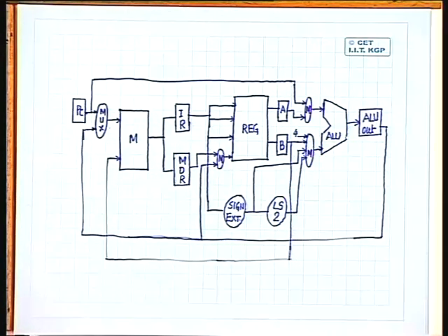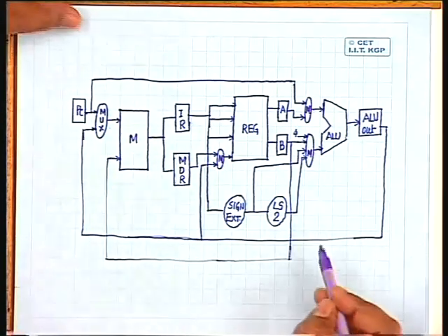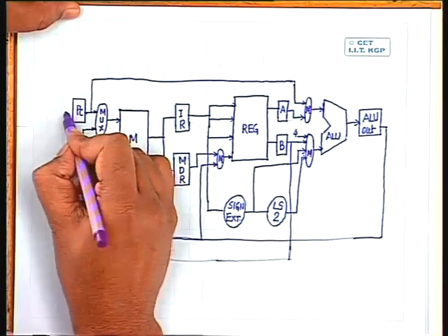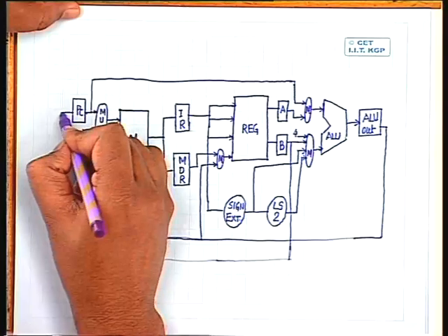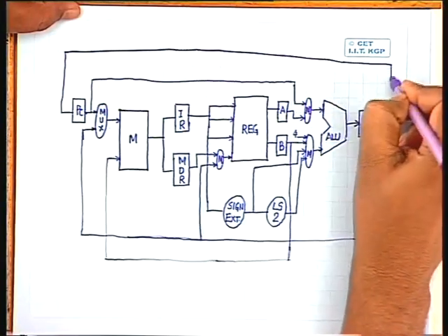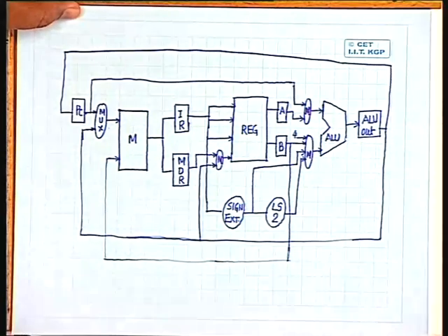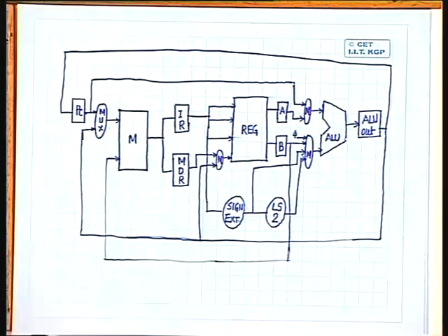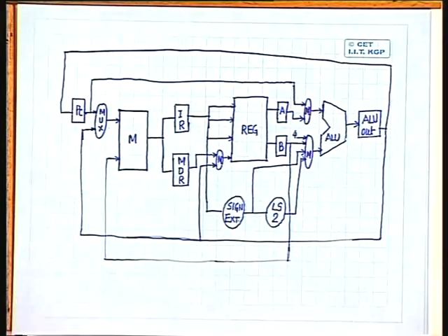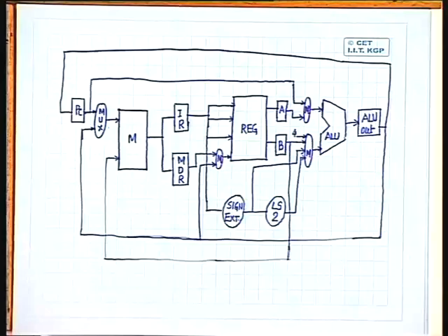Okay. Now when we have done this design, one more path that I have missed, that is loading the program counter value. The program counter input has to come from the ALU output. Okay. So this completes the entire data path design of the CPU, and now this CPU, as we said that in